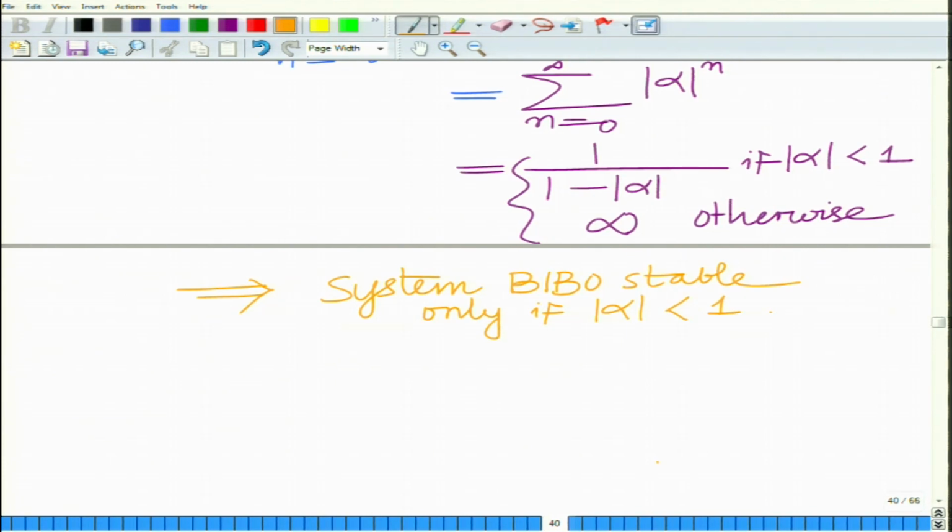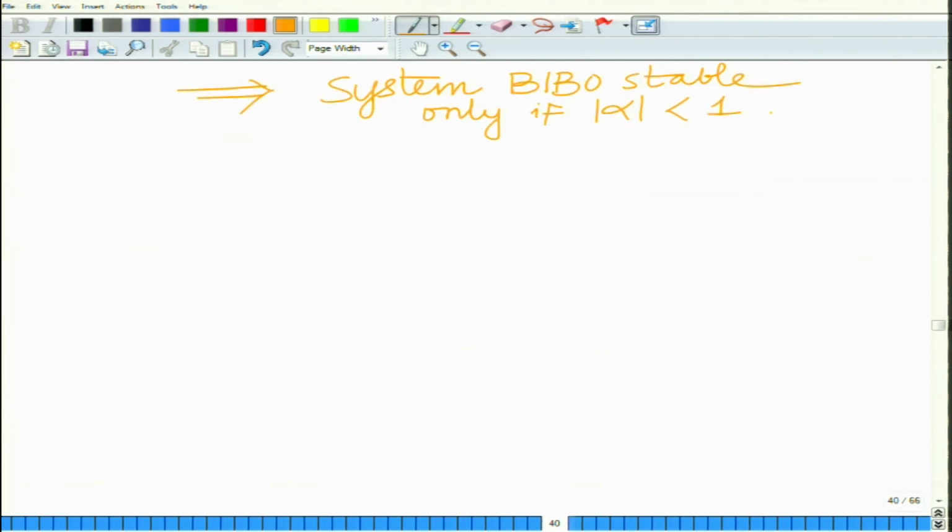BIBO stable only when magnitude alpha is less than 1. Okay. And let us do one more example,